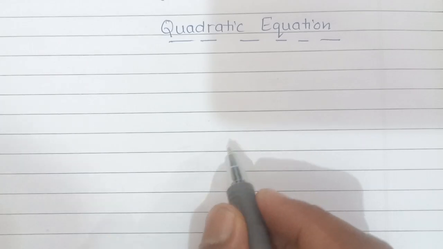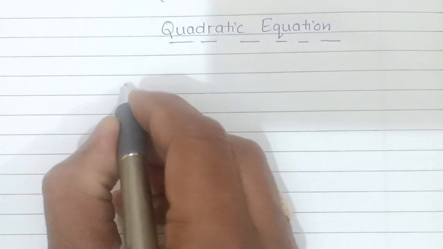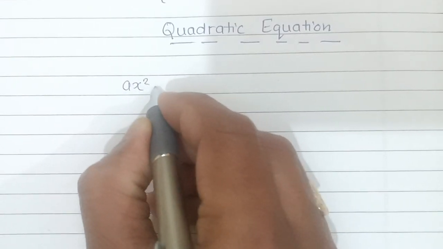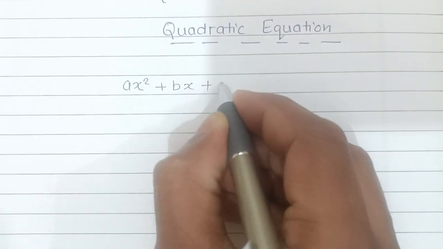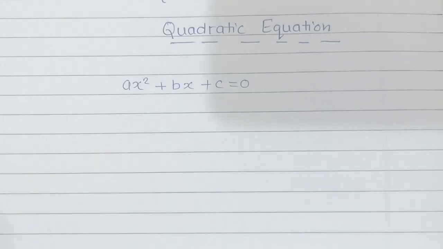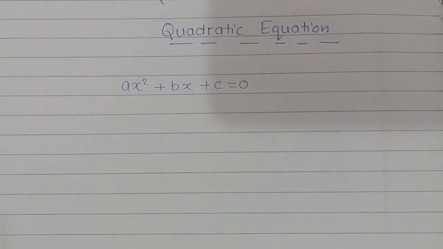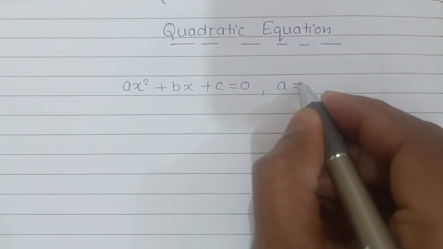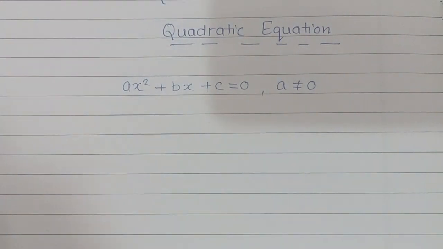What is quadratic equation? When we write ax square plus bx plus c is equal to 0, okay, and where a does not equal 0, it is called quadratic equation,